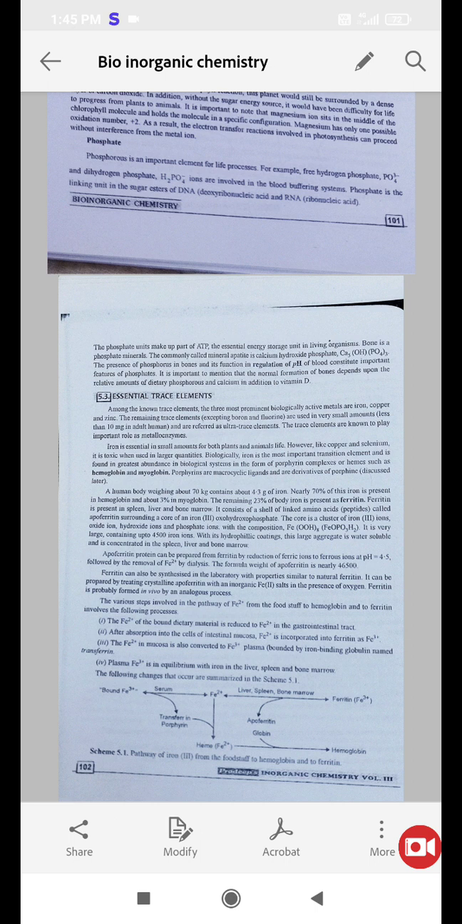The presence of phosphorus in bones and its function is the regulation of pH of blood, an important feature of phosphate. It is important to mention that the normal formation of bones depends upon the relative amounts of dietary phosphorus and calcium. In addition to